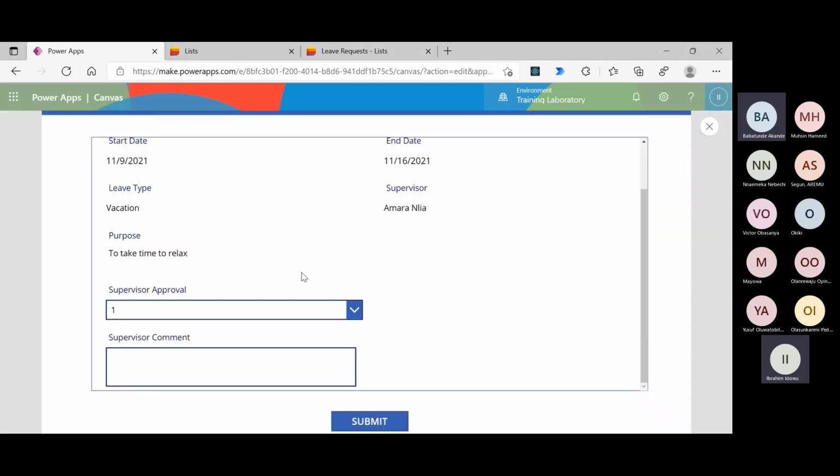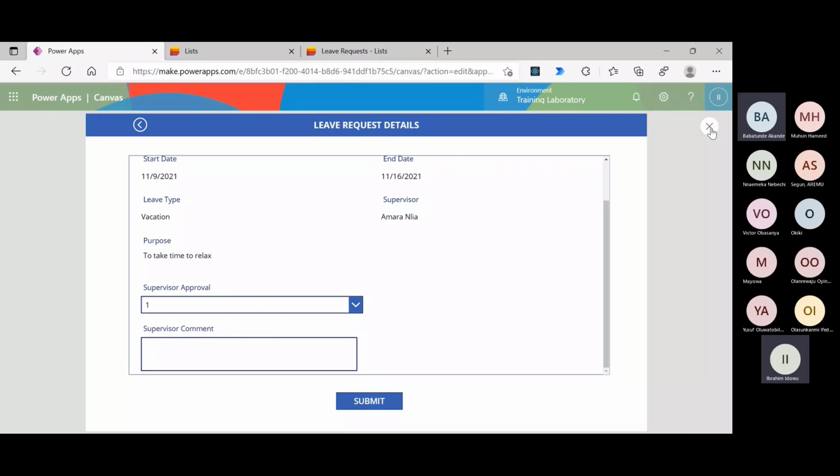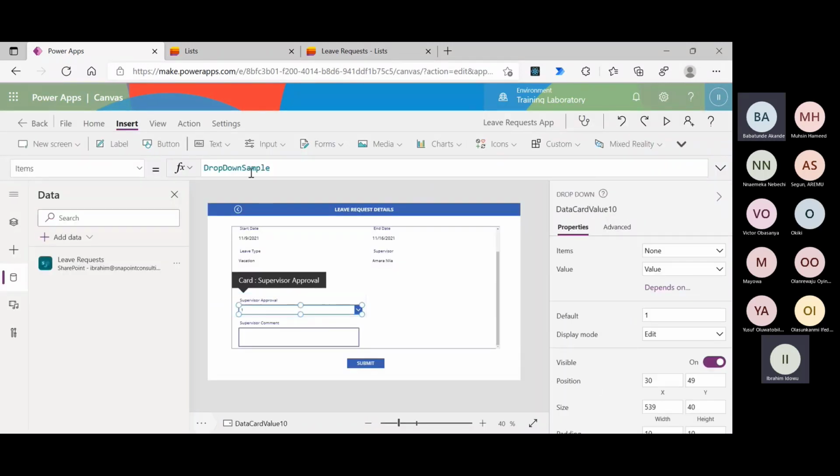Let's preview it. This is a drop down with 1, 2, 3. We need to remove the numbers. So let's go back. I'll remove this sample and have approve, okay, and we have